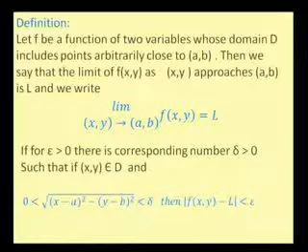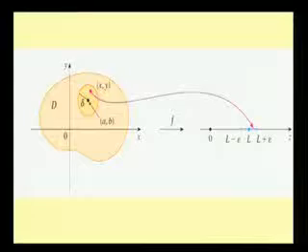So this is the definition of the continuity for function of several variables, two variables. Next slide. See here, one domain is given, one point AB is in the domain, and I took one delta neighborhood on that AB. If I take xy in that small neighborhood, if I get the image of that point f of xy in the interval L minus epsilon to L plus epsilon, then we can say that the limit as xy tends to AB of f of xy is equal to L.